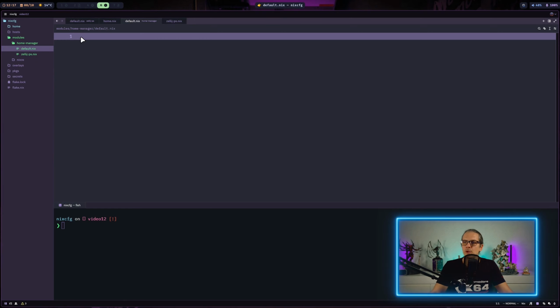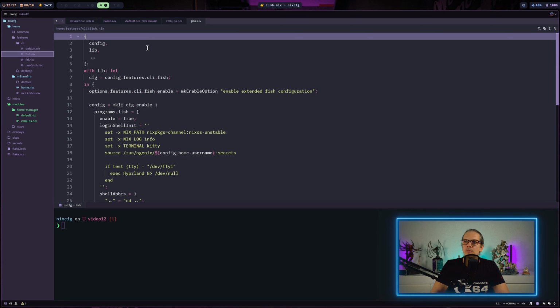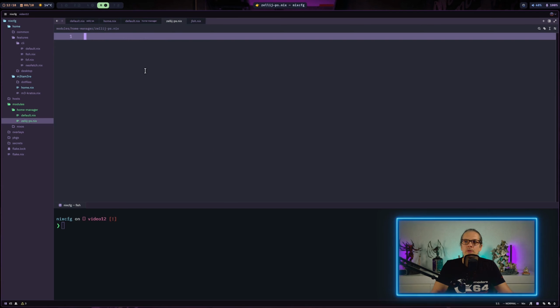And on the default.nix file, I will basically just add an import statement. Building a complete home manager module is very similar to what we have done before in our features section. For example, we had this feature set for the fish shell, and the basic structure will be the same on our full home manager module, just with some additions here.